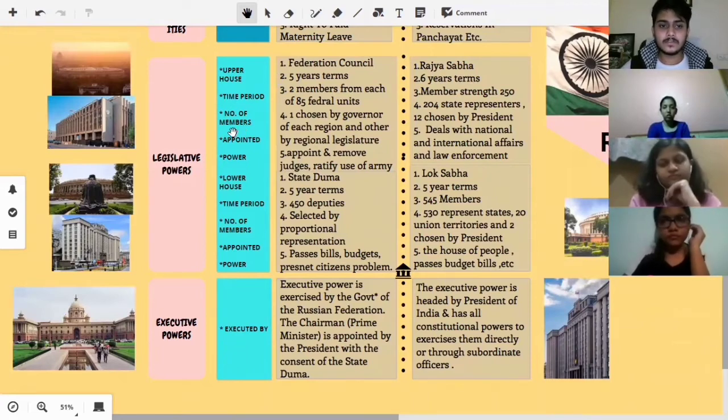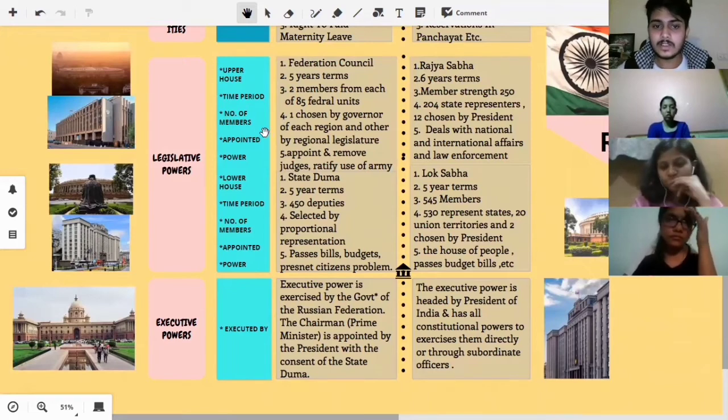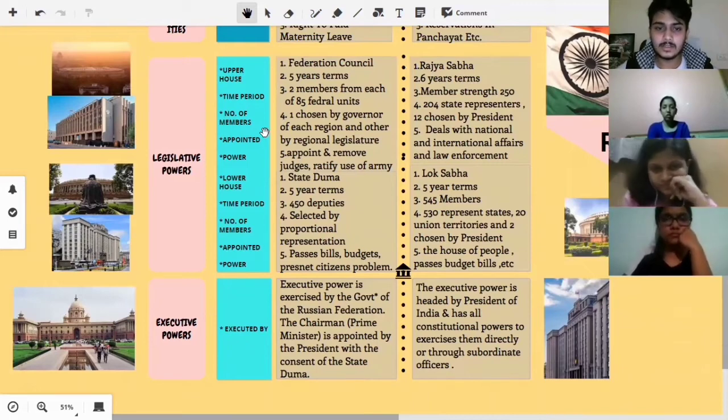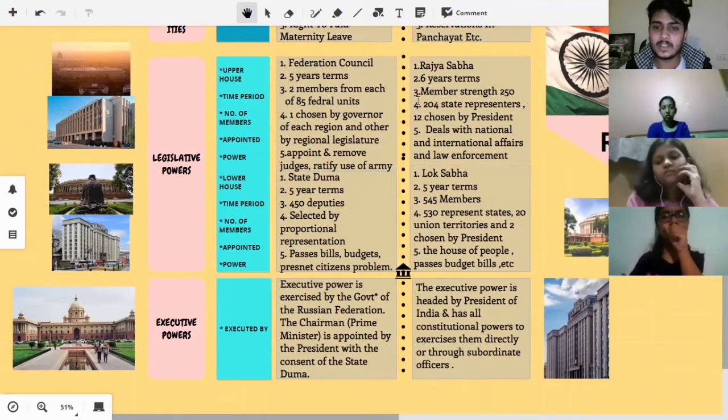And now, on the basis of members in the Federal Council of Russia, one is chosen by the government of each region, and the other by the regional legislatures. Two members from each of the 58 federal units. And in India, the member capacity of the Rajya Sabha is around 250 seats. And now on the basis of appointment,